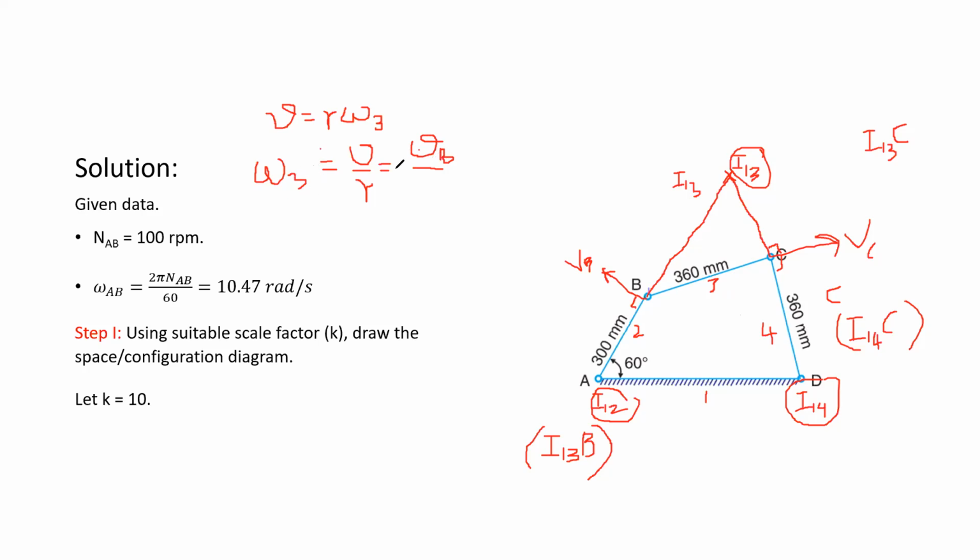अगर point B को link 3 पे कंसिडर किया तो उसका रेडियस क्या होगा? point B का डिस्टेंस from the ICR of link 3. link 3 का ICR कौन सा है? I13, right? So I13 I will write down, और I13 से कौन से पॉइंट का डिस्टेंस चाहिए मुझे? पॉइंट B का।